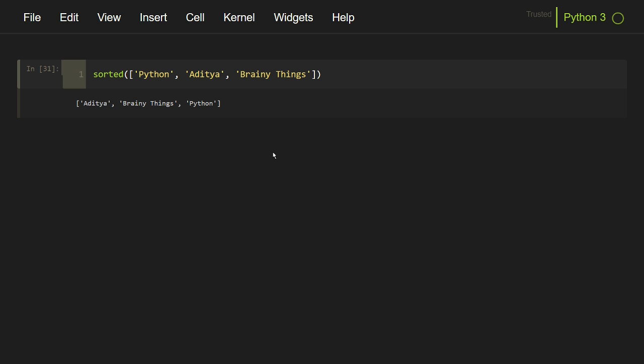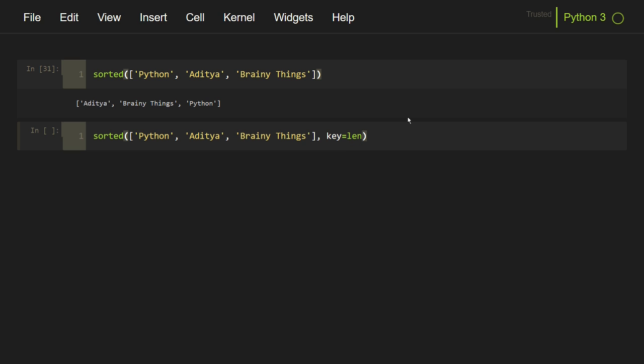Now this list is sorted according to alphabetical order, but we can change the comparison criteria with which sorting comparison is done by passing the key argument to the sorted function. So I will copy this and pass the second optional parameter key equal to, and we will pass the function name.